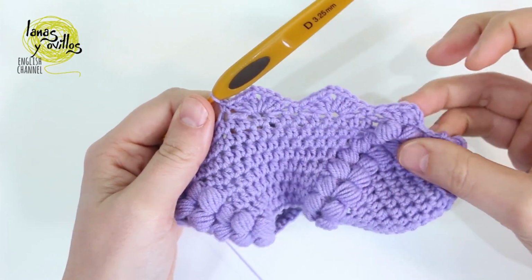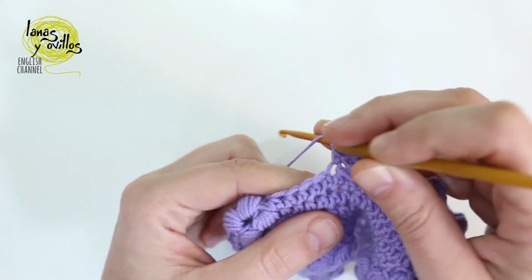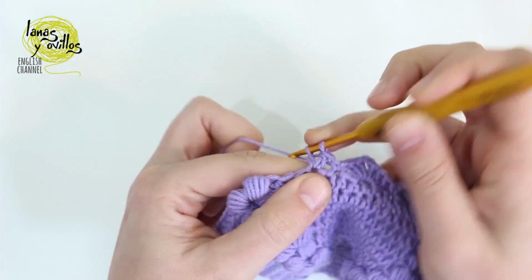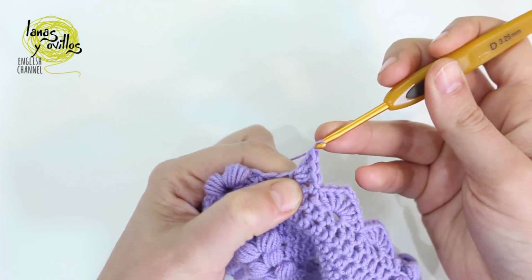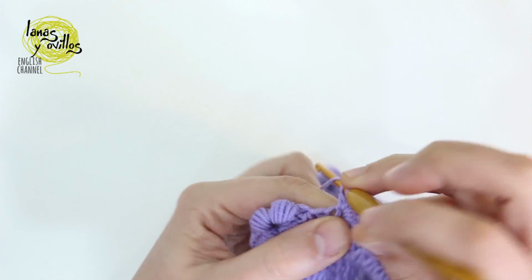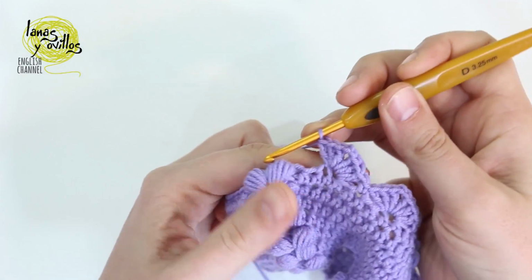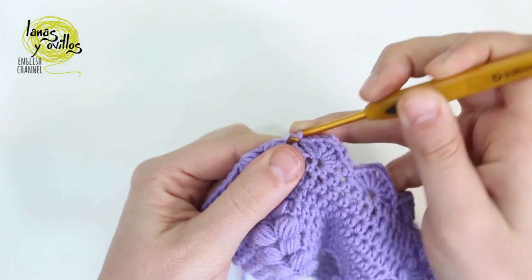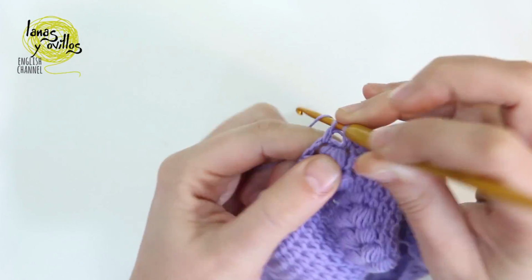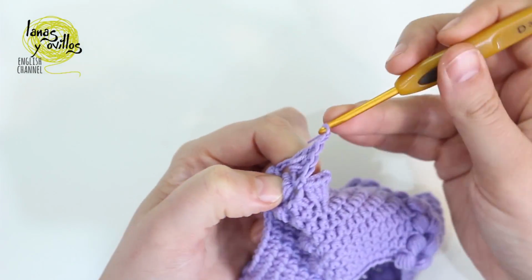We have to repeat the same, the 3 double crochet, chain 2, and 3 double crochet on the same space, and the single crochet, skipping 1 stitch between both parts. We make again the single crochet, and here in the corner we have to make the 3 double crochet, chain 2, and 3 double crochet,